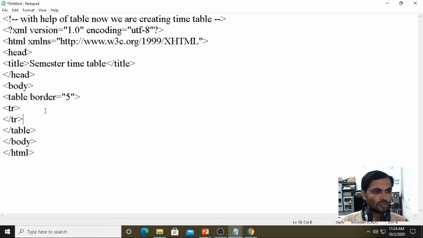One row I took. I'm taking a table heading, the table heading as day, or week, maybe weekday for your understanding purpose.